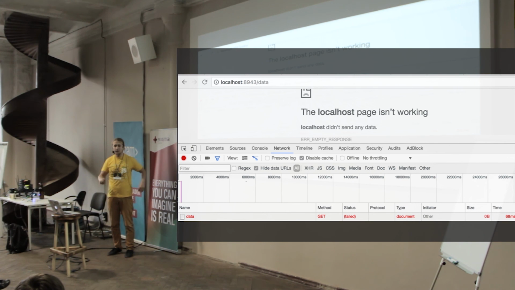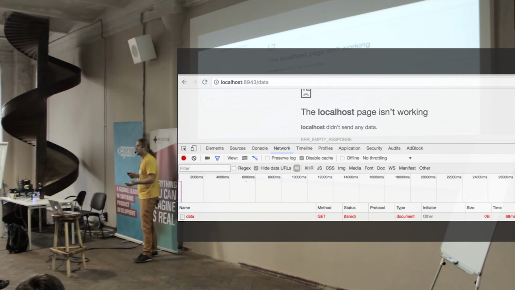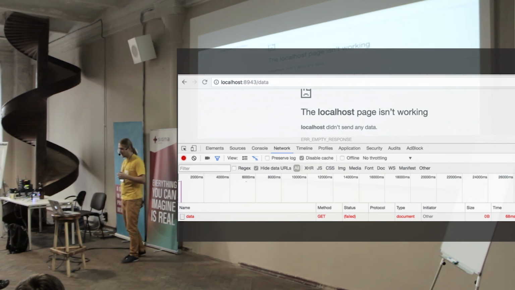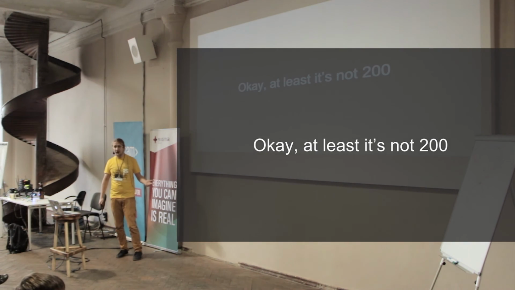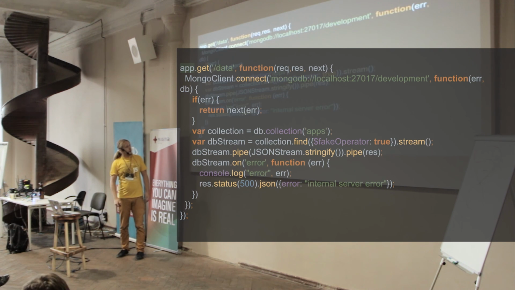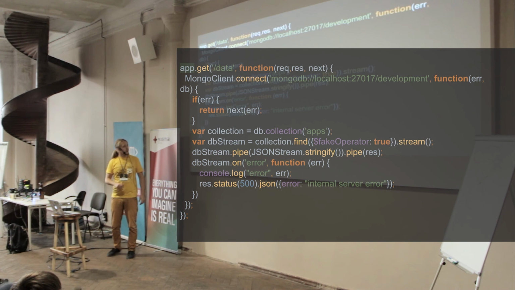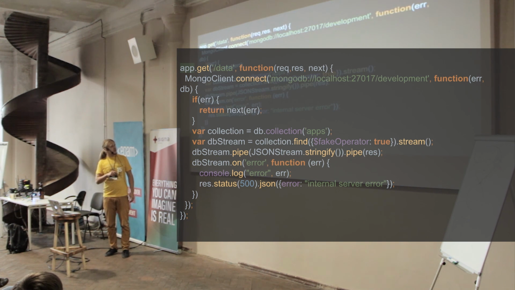Because when we are doing streaming, we are sending headers immediately. So it's quite hard, sometimes impossible, to modify the HTTP code and message and so on. But at least it's not 200, and well, it's better. What we can do, actually, is try to send this new status and some JSON.